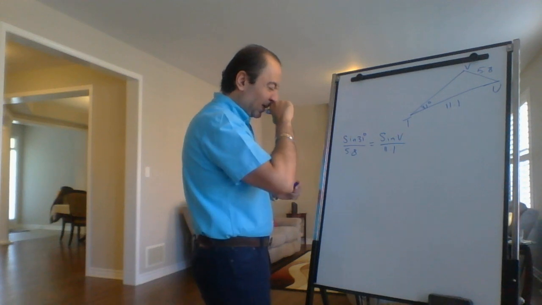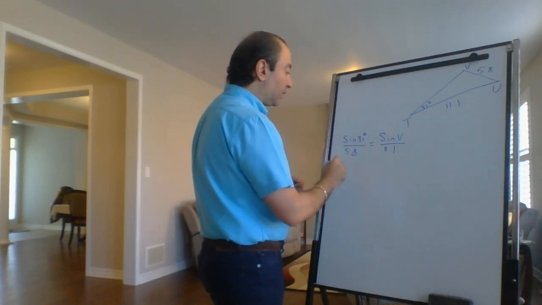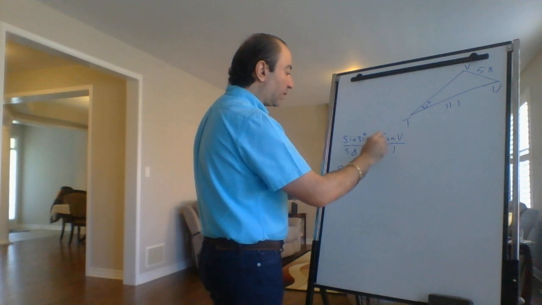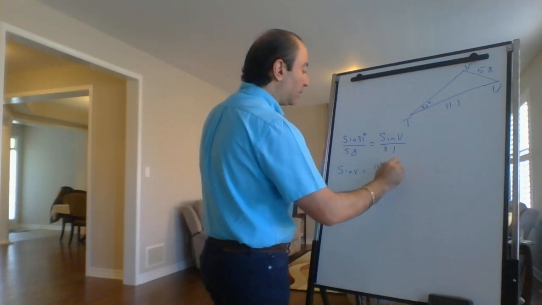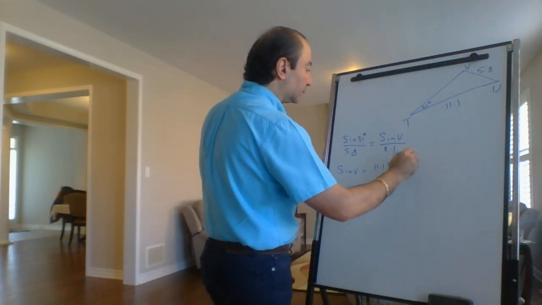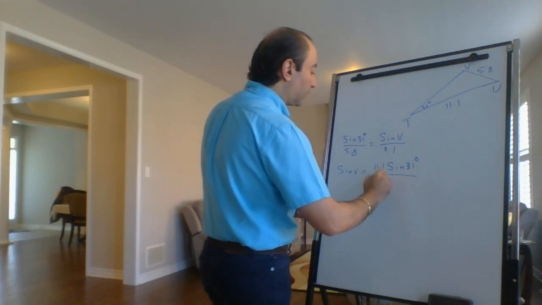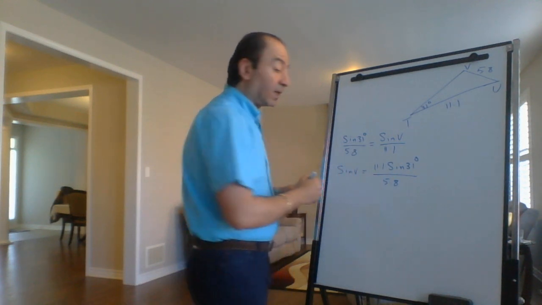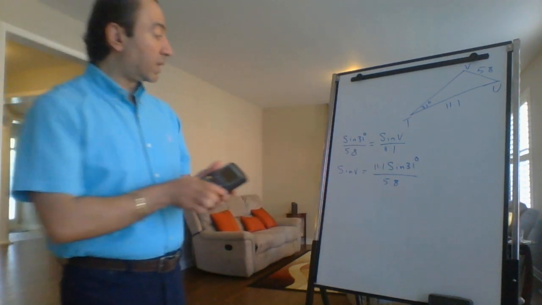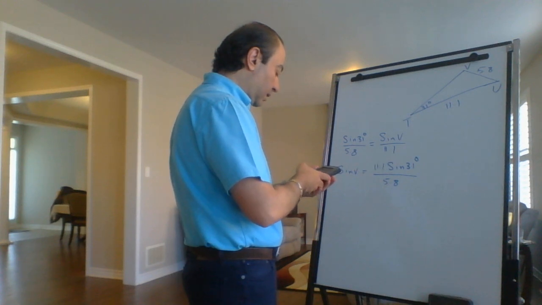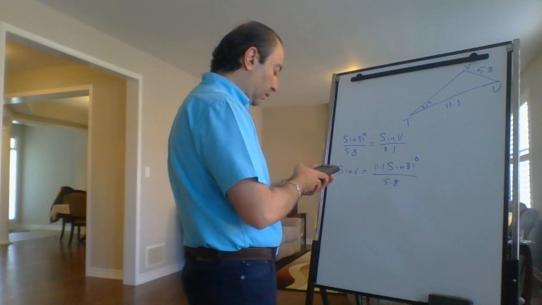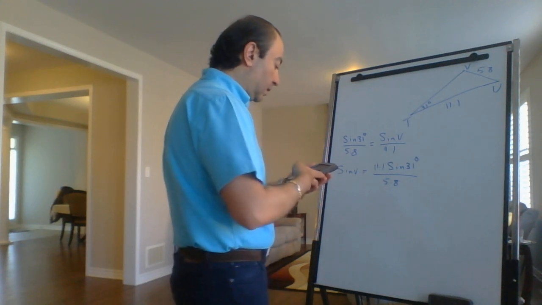Then I will solve for sine v. So for sine v, I will multiply everything by 11.1. So 11.1 sine 31 degrees over 5.8. That's sine of angle v. I will use the calculator. So 11.1 times sine 31 divided by 5.8 equals